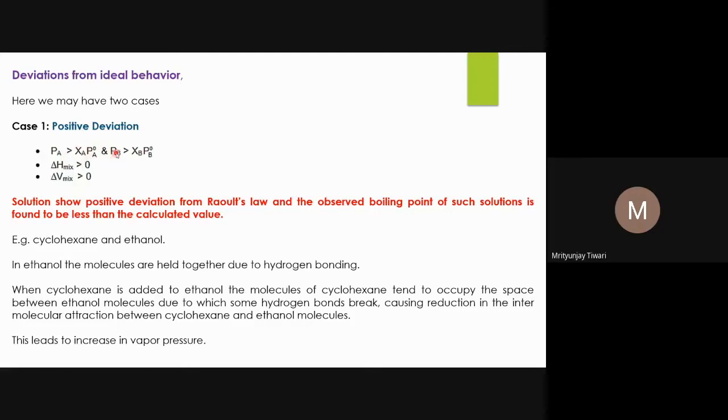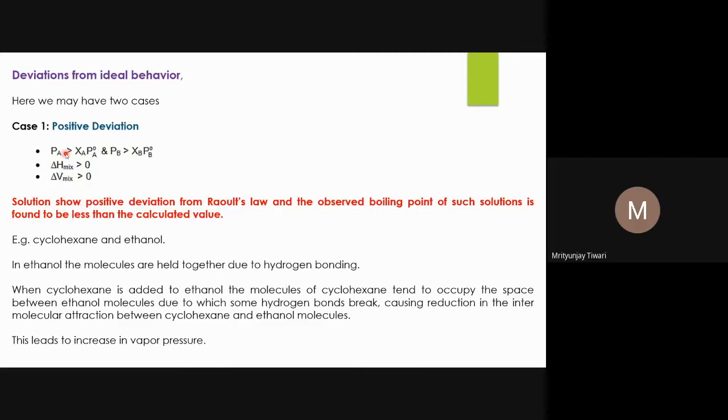You should also remember, if the other component, the solute, is also volatile, then you will find a similar thing for the solute as well. The actual vapor pressure of the solute will also be greater than the theoretically calculated vapor pressure as per Raoult's law. And why is the vapor pressure more? If the vapor pressure over the solution is more, what does it mean? Vapor pressure means the evaporation of the solvent is more. The solvent is evaporating more and more at the given temperature. That is, more molecules of the solvent are escaping the solution and going into the vapor phase.